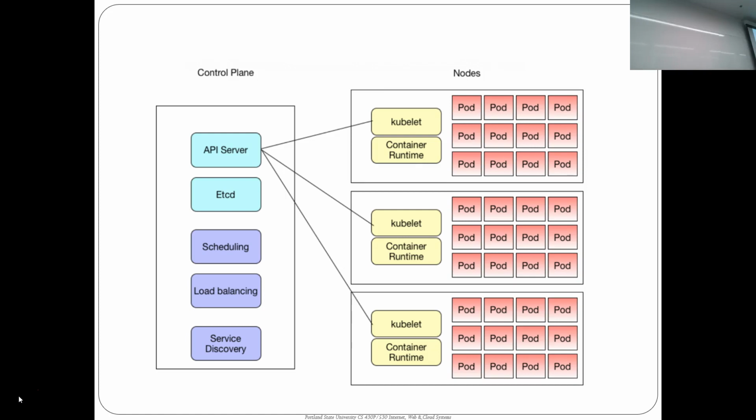The other thing you have to do is specify the nodes. Say I want to have 3 virtual machines run my containers. Then I'll say, hey, bring up 3 virtual machines. And then for all of the pods that I specify in my YAML file, map those into the nodes that I have given you. So you have a computing cluster, and then you have a YAML file that maps the containers